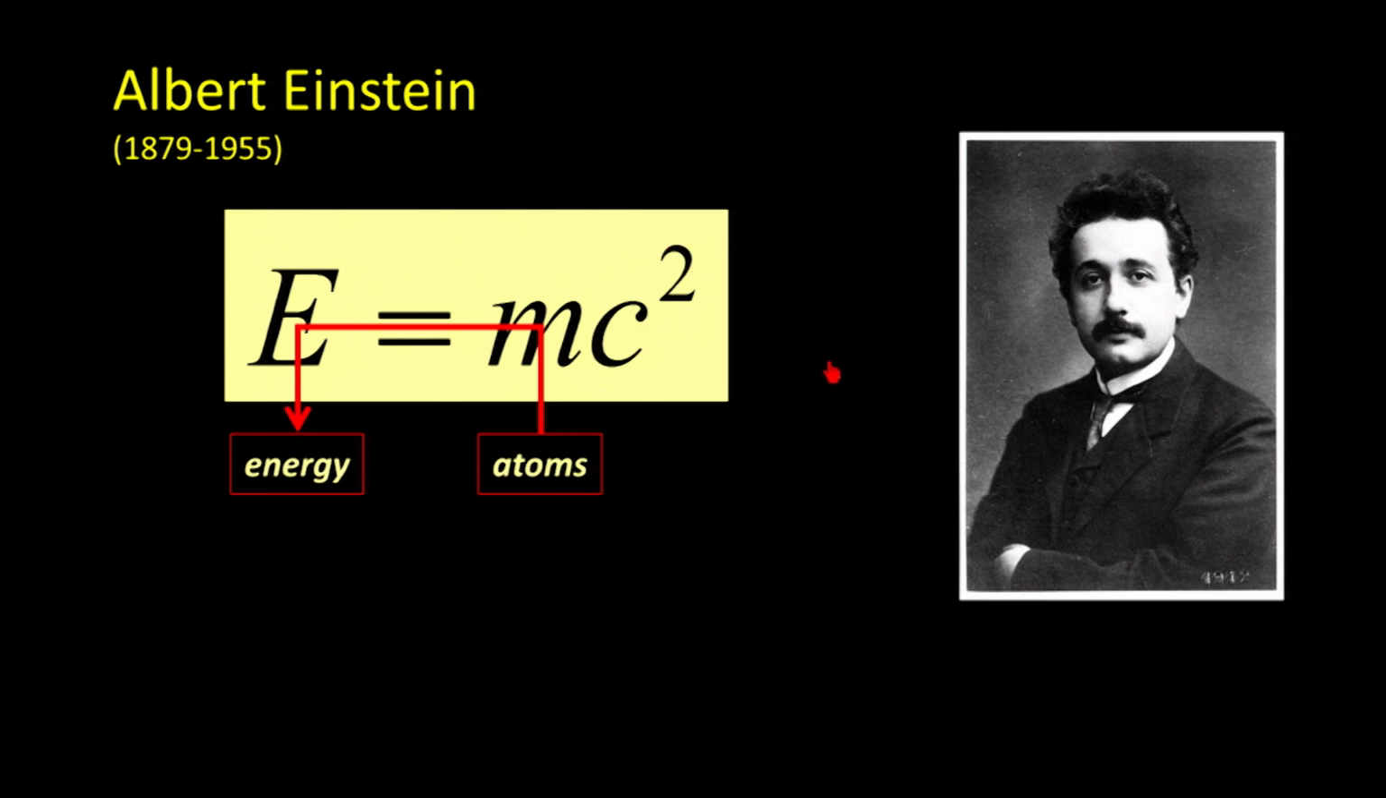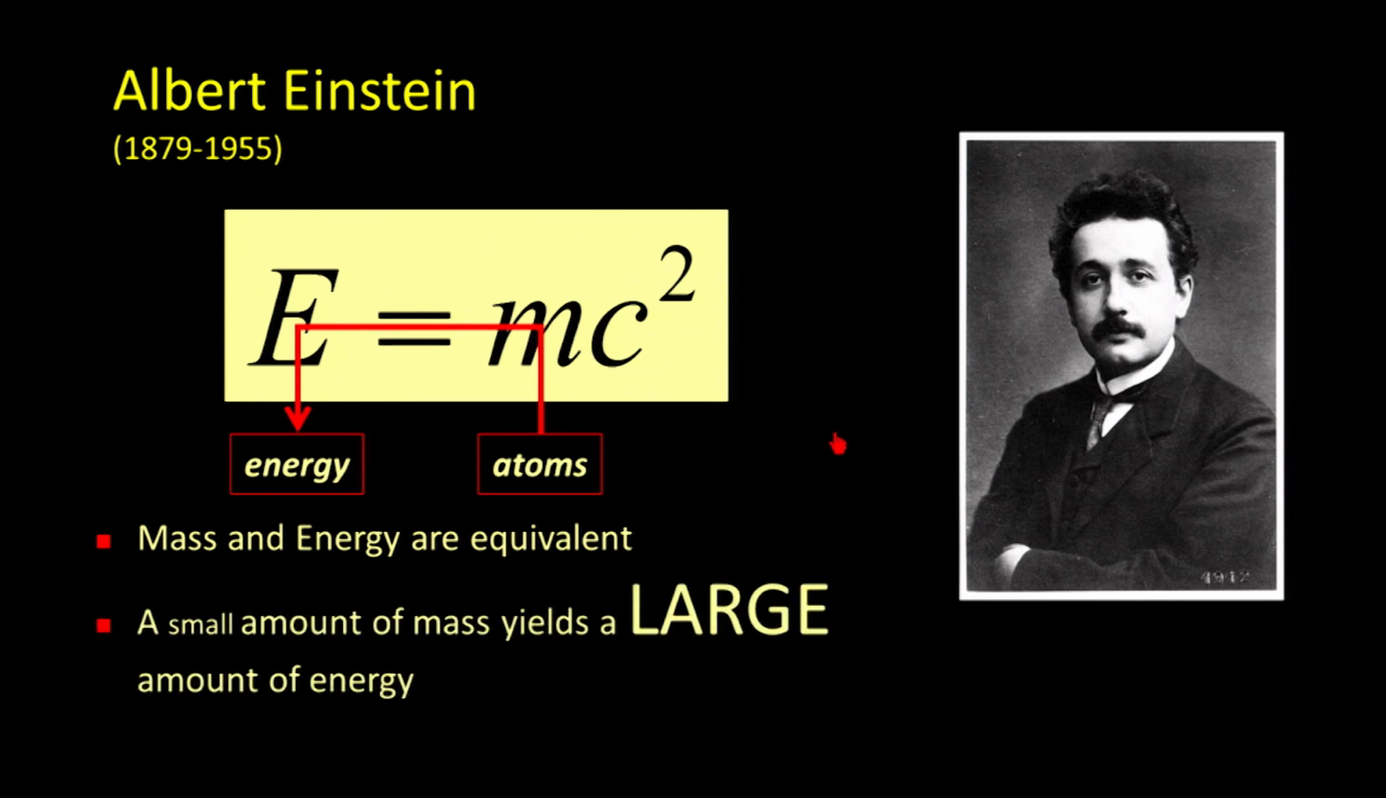So let me summarize this for you on the screen. Mass and energy are equivalent. Atoms can be turned into energy, and a small amount of mass can be turned into a large amount of energy. Now, when this was first published in 1905, people were a little bit surprised because it seems ridiculous that you could take just a tiny amount of atoms and somehow get an enormous amount of energy to